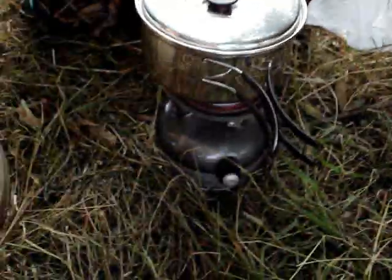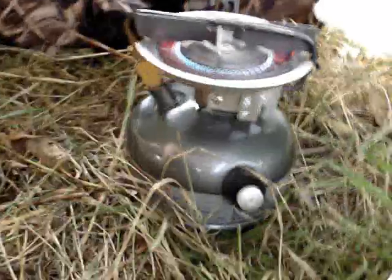So anyway, soon I'm going to do a review on some of the kit, and especially my old faithful, the old Coleman's dual fuel, which I use unleaded fuel. It takes half a litre, as I mentioned before in a couple of previous videos, but I'm going to do a review on it. I know there's a lot of reviews around on the Coleman one-man stove, but I'm actually going